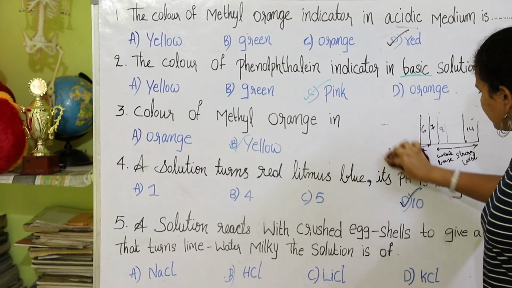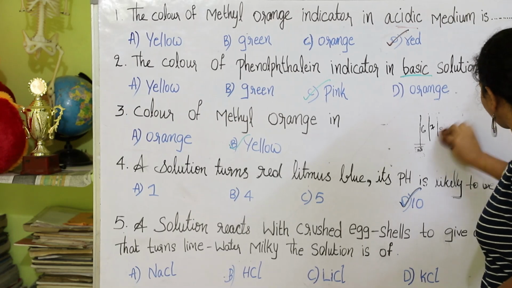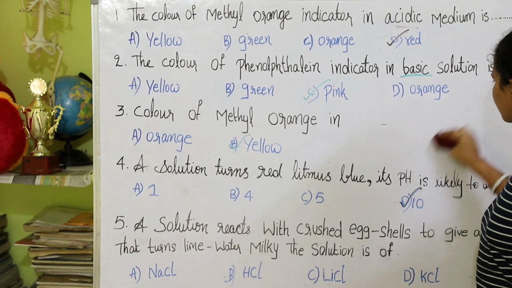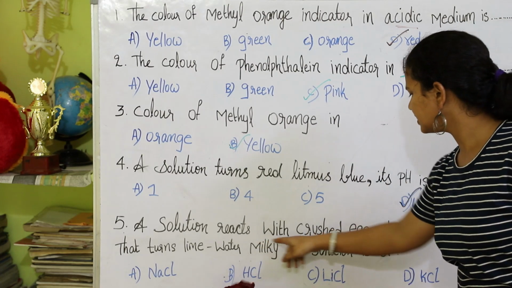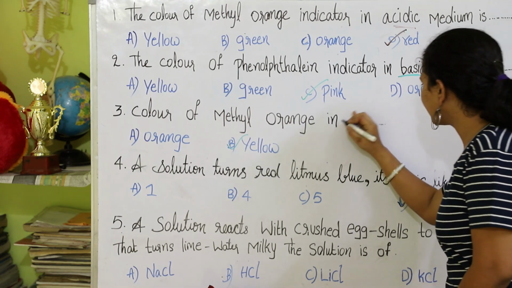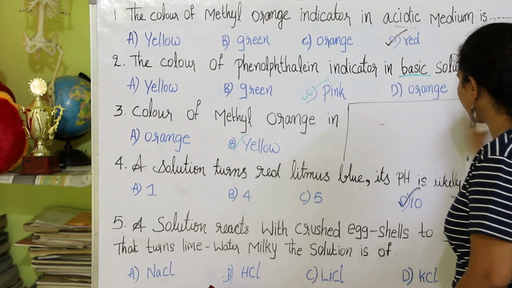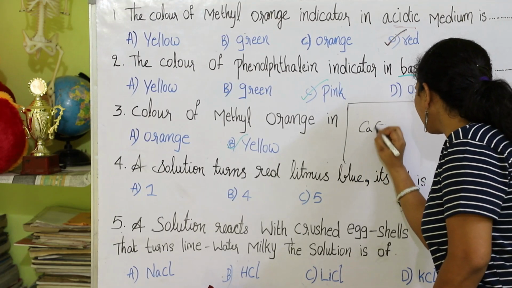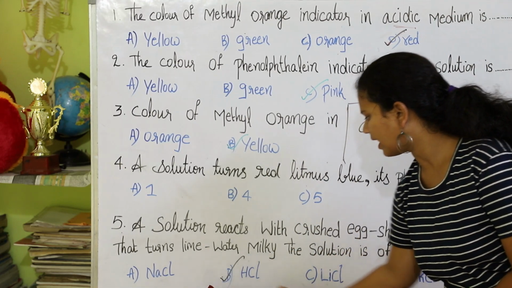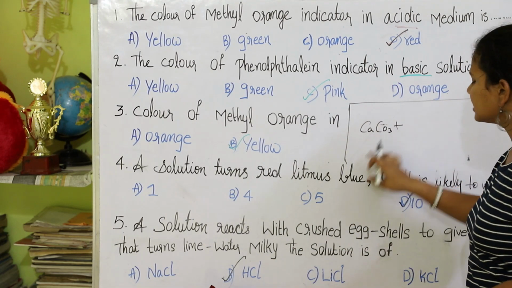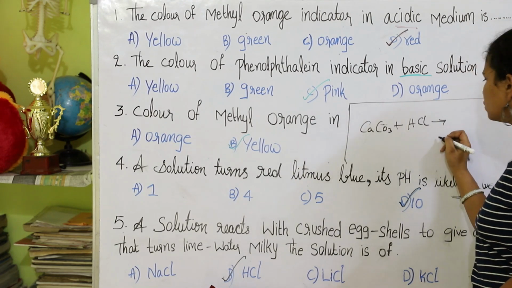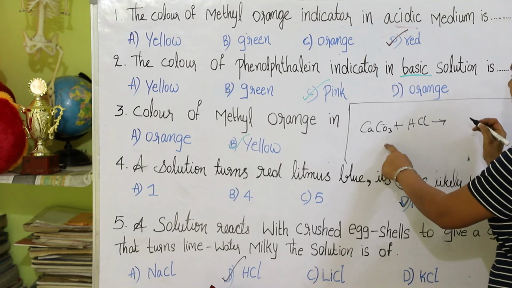Let's study in detail the fifth one. Here you have the solution reacts with crushed eggshells. The element in crushed eggshells would be CaCO3 plus... The correct option over here, guys, is HCl. Okay, so now let's learn it. So here CaCO3 plus HCl gives rise to